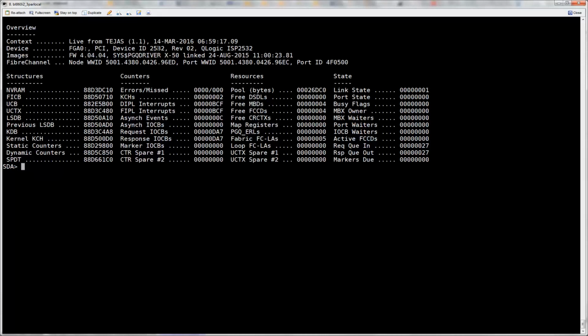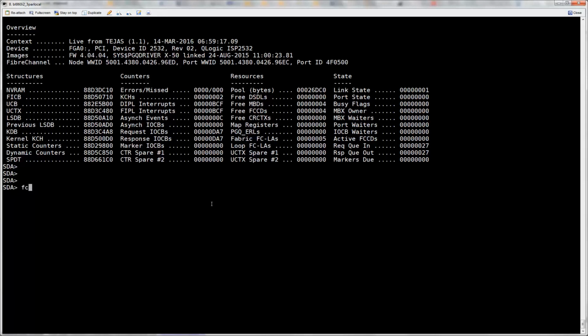So what you see over here is the static information that is coming from the fiber channel device: the device ID, then the driver that it belongs to, and the date and time it was linked. This is going to be helpful when you are providing more details to the engineering community about the problems that you are seeing. And this is the port ID which gets assigned to this particular port once the fiber channel login is done. The important field that you want to notice over here is the link state. This indicates that the link is up, and the fiber channel device is up and online.